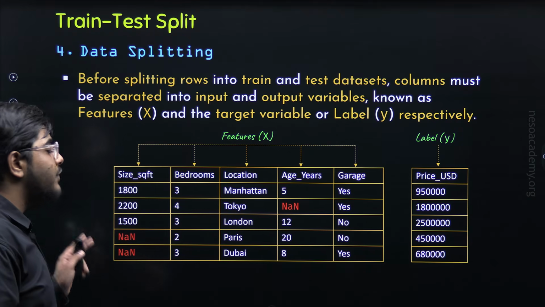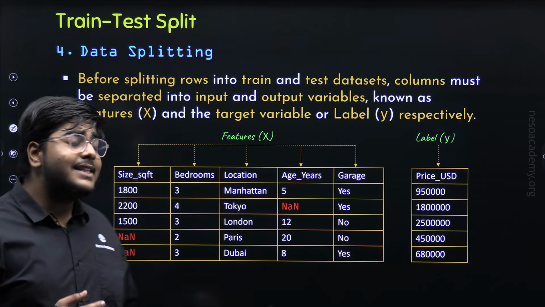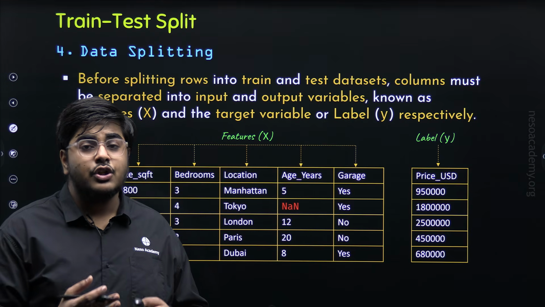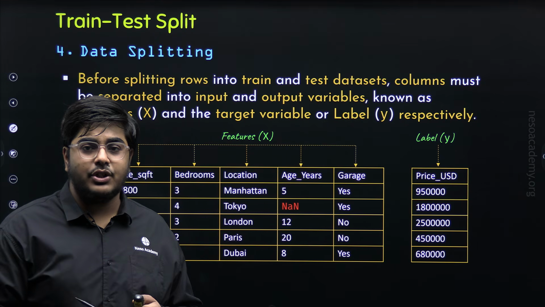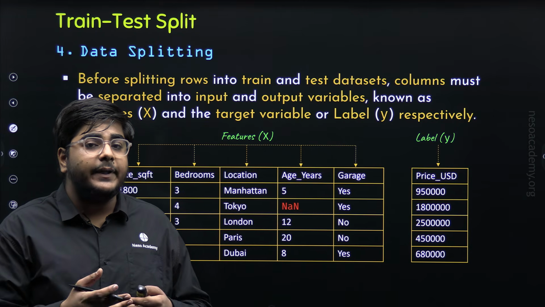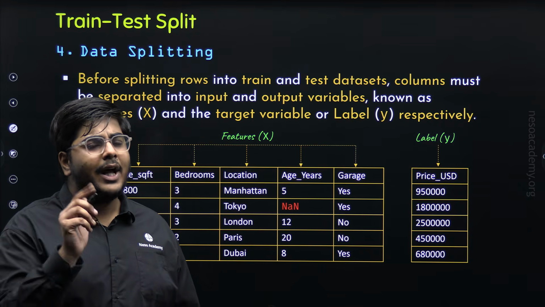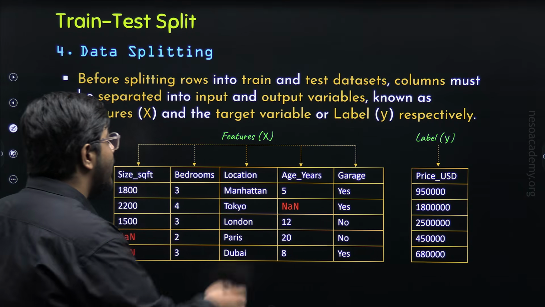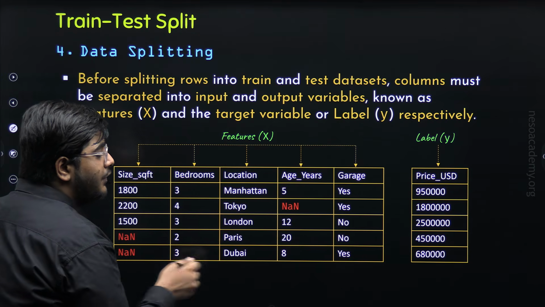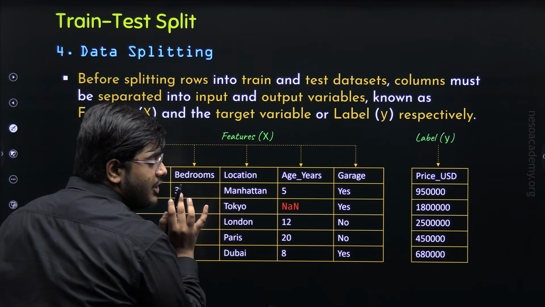Obviously, this dataset is very small, but in real-world applications of machine learning, the datasets are not small like this. The datasets are very large. So we have to apply the same splitting ratio, that is 80:20, on the datasets so as to obtain the training dataset and testing dataset. Now there is one more important point to note. Features X will be divided into two parts after train test split: training features and testing features.